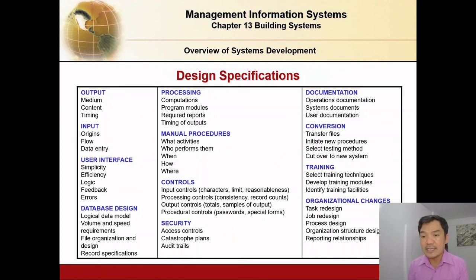And lastly, organizational changes. What are the task redesigns? That means if a new system is introduced to the organization, there might be changes in the roles or responsibilities of individuals, especially since we require process re-engineering. And it might eliminate some of the tasks of the individual because we were able to automate that particular system. So the design specification of the system is already part of the plan, but somehow others are to be executed for the next